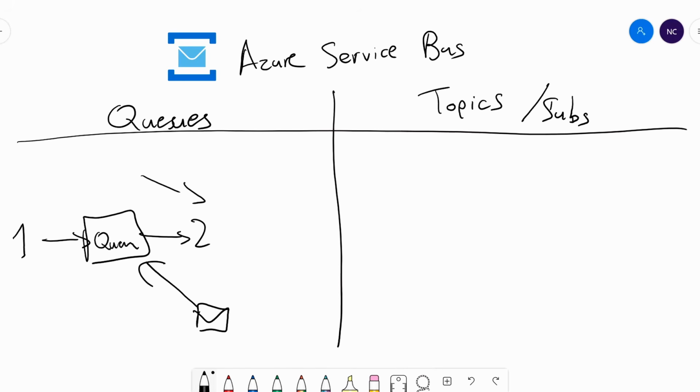The order processing service itself can scale out and have many instances of itself listening to the same queue, but you cannot have other types of services listening to the same queue because you will lose the messages to the other service. So you shouldn't have other things listening to it.